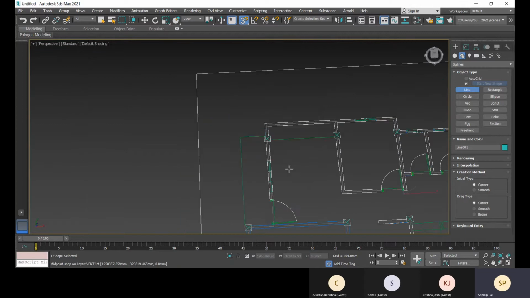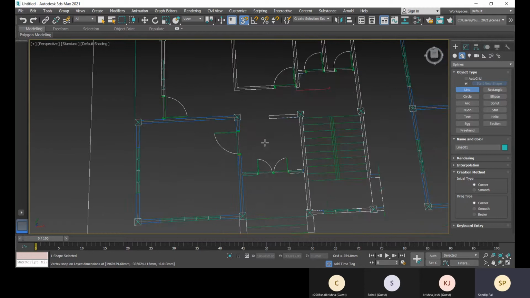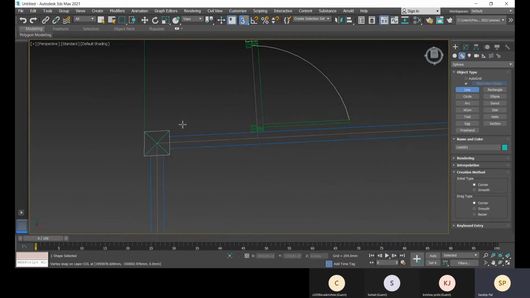Now this spline is closed. This part is done. Now this part,